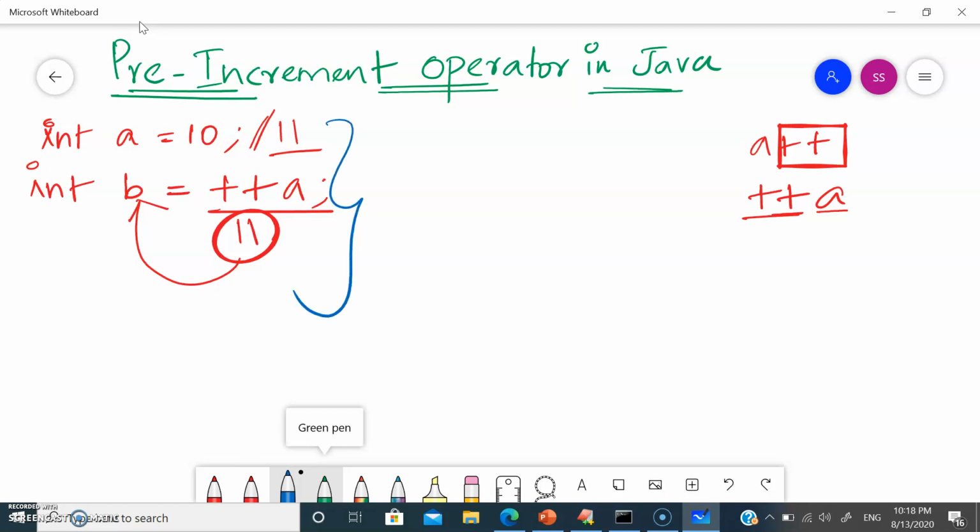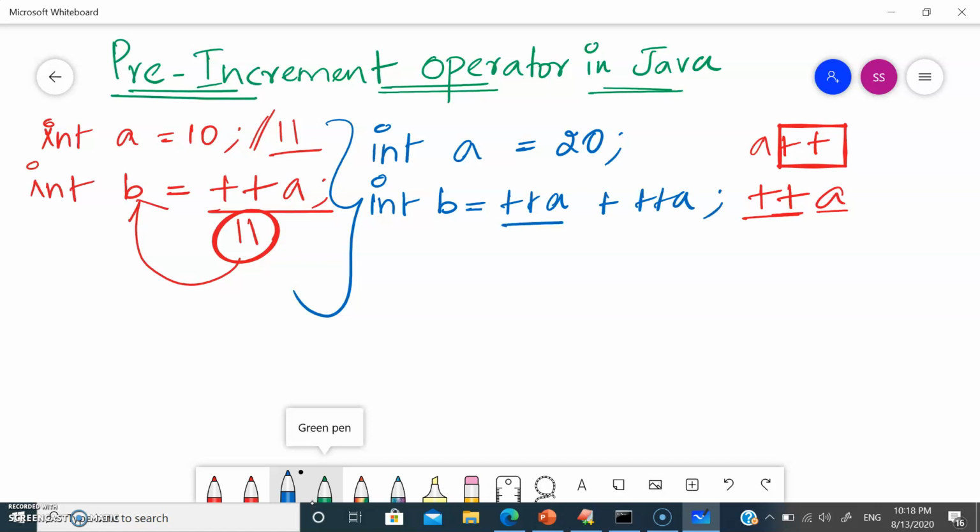So let's take another example. int a is equal to 20, int b is equal to, let me take ++a plus ++a. So let's see what's the value here.